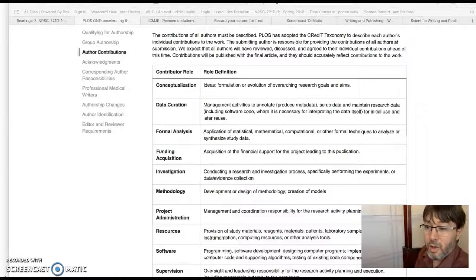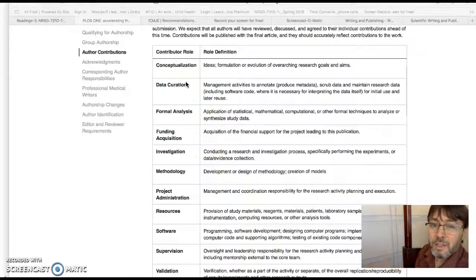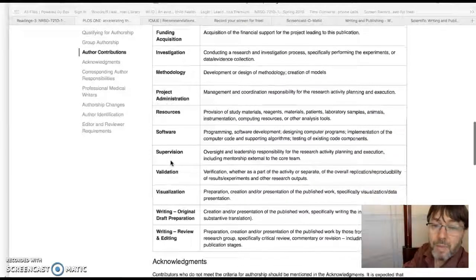Then, when you're working with your author team, your DMP project team, the credit grid is a commonly used method for attributing the function or the role that the person played on the writing or the creation of the project team. And these are the credit criterion. You have the conceptualization of the idea, data curation or the data quality assurance and management, the statistical analysis or the qualitative analysis of the data, obtaining funding and financial support, actually conducting the research, so maybe doing the chart reviews, conducting the interviews or the focus groups, the methodology, designing how the project will happen, project administration where they oversee the rollout or operations, helping you with the resources, the study materials, samples, instrumentation, working with the software, giving supervision or oversight,